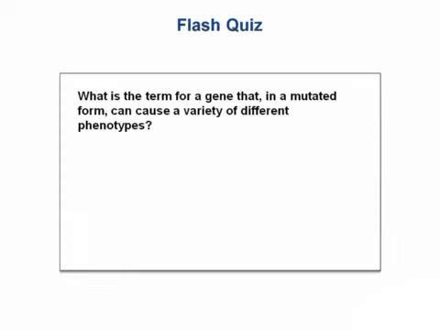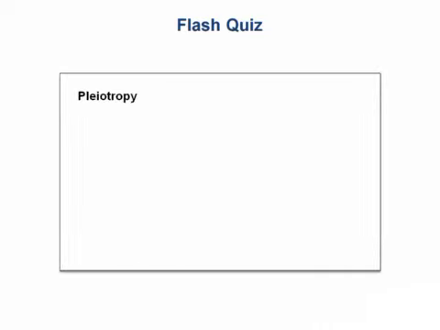Okay, let's do a flash quiz about genetic terms. So what is the term for a gene that, in a mutated form, can cause a variety of different phenotypes? This is an example of pleiotropy, and I also want to point out here that many people might study these